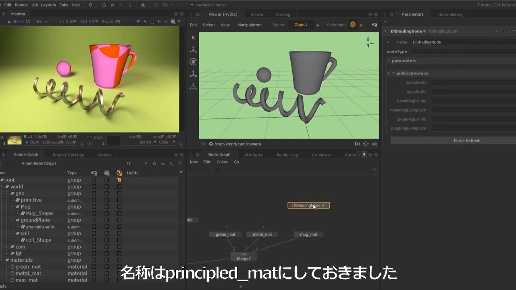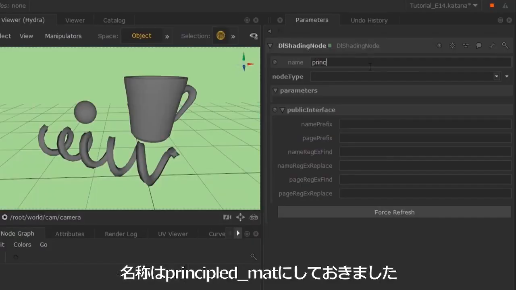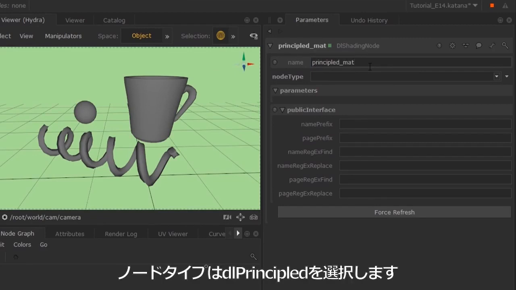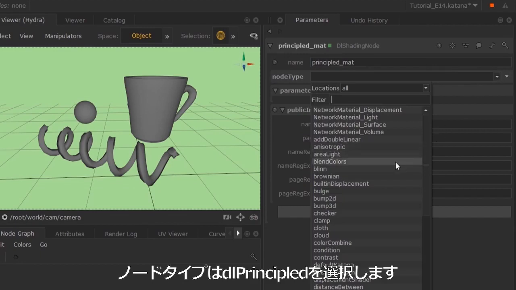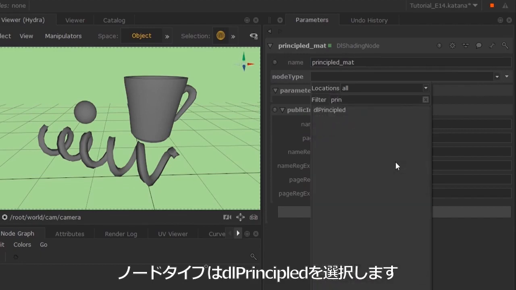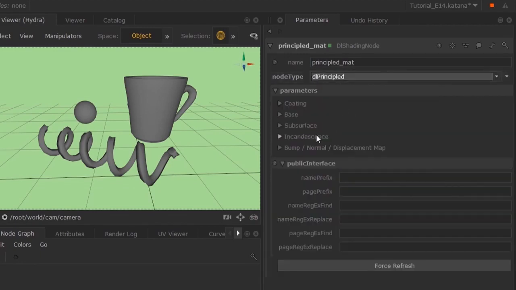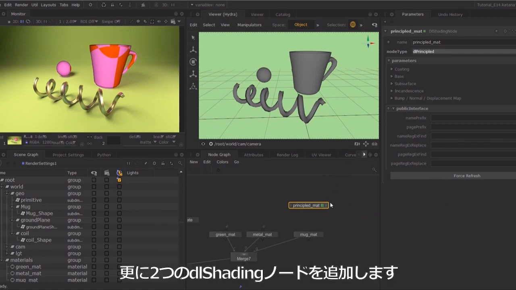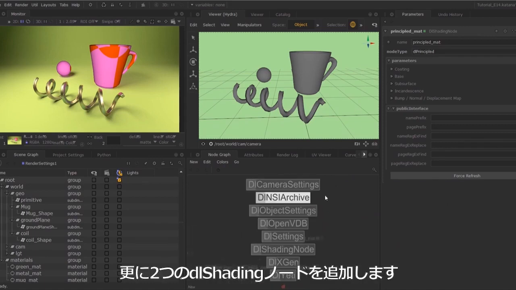and if I hover over this and hit E, I will call this principled_mat. I'm going to set the node type to a principled material, a DL principled like we've done previously. Then I'm going to create two more DL shading nodes. So if I hit DL shading node